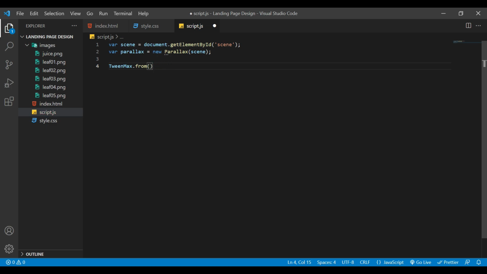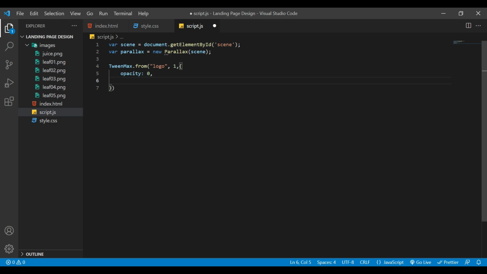Logo 1, comma 1, and then I'm going to simply open curly braces, and here I'm going to say opacity to be 0. Also we'll add... create an array. We are not, let's just continue. Okay,